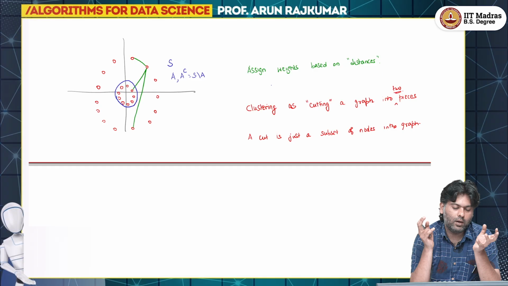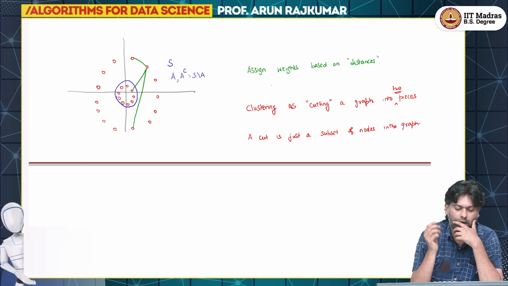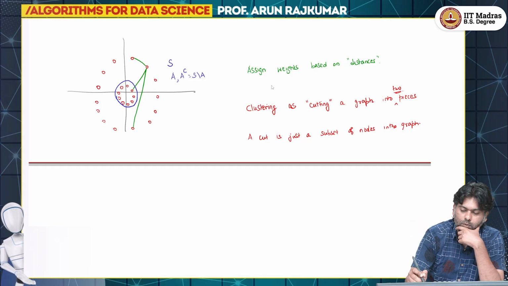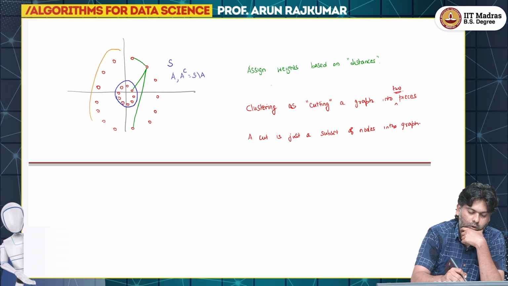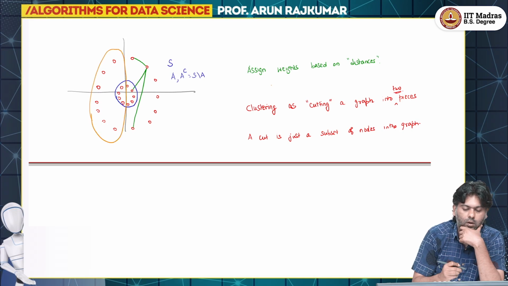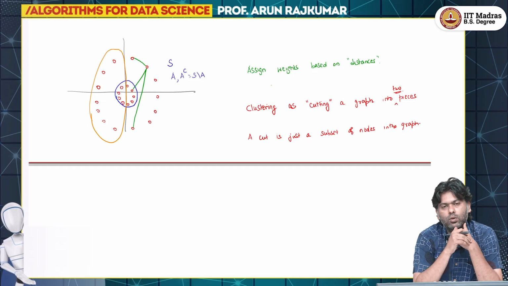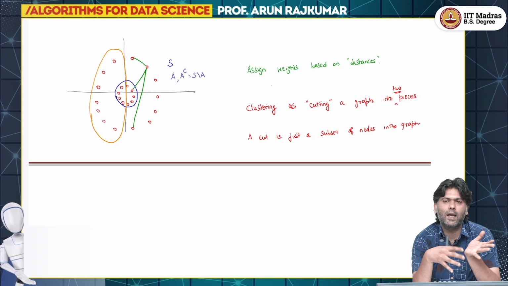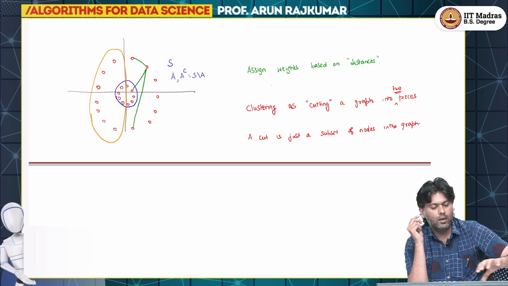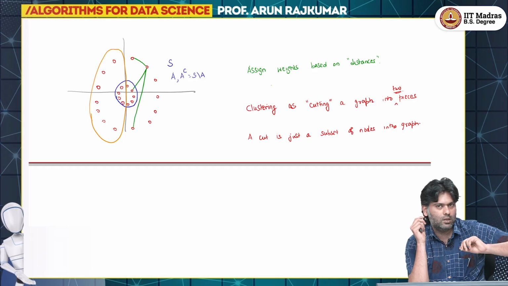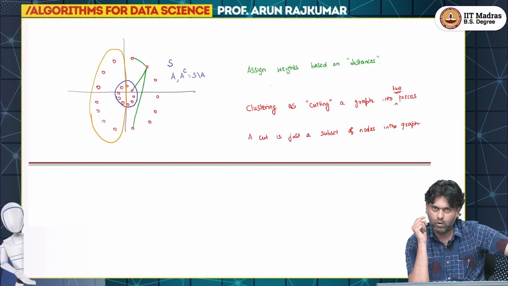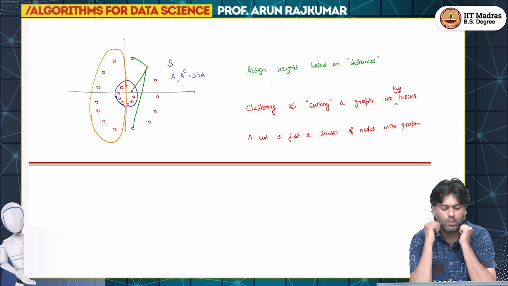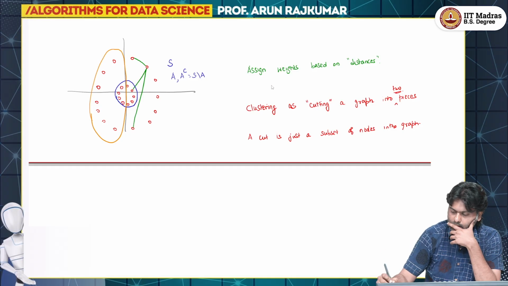Now, this might be one cut, and k means might give me a different cut, right. So, for example, if I run k means, it would give me a cut which puts all these nodes in one set and the remaining nodes in another set, right. So, if I want to treat k means as cutting the graph into 2 pieces, then the set of points which belong to one cluster as produced by k means would be the cut that k means gives me. Somehow I want to say one cut is better than the other, right. So, what I am going to do is I want to